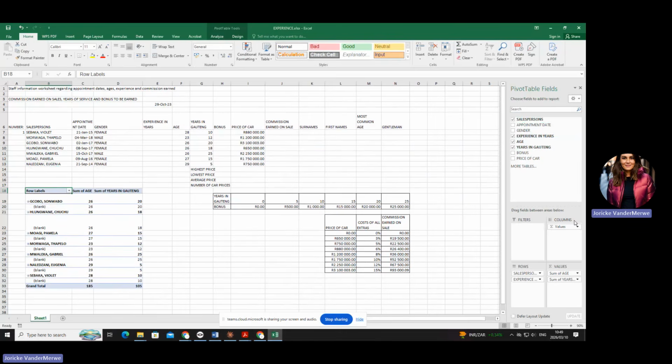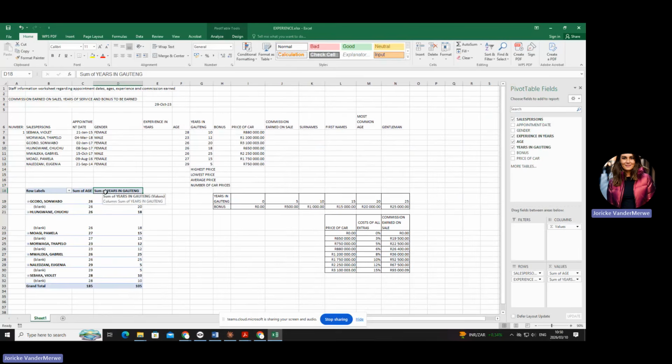Now, quickly look on the right-hand side. They do not ask you anything else, but they are saying to display the sum of the three values. Okay? The sum of the age and the sum of the years in Gauteng. And then they also, did I select all of it? Yes. Okay, so those are the things they want.